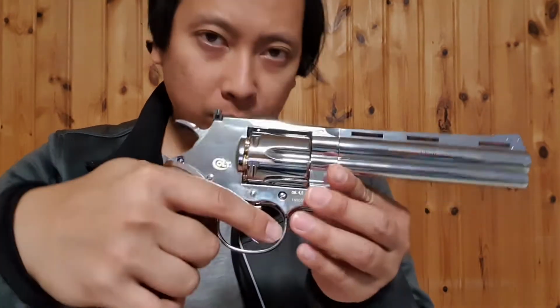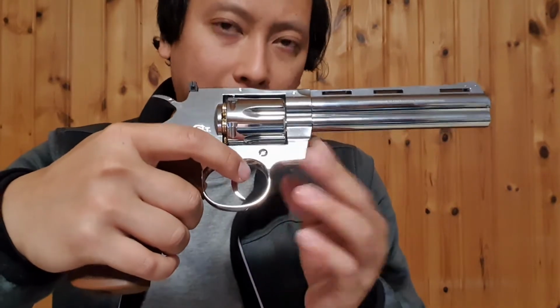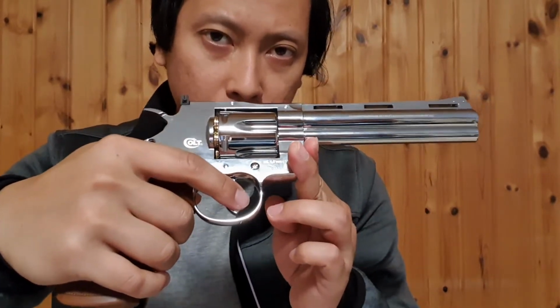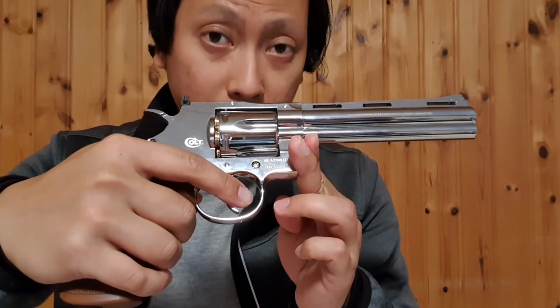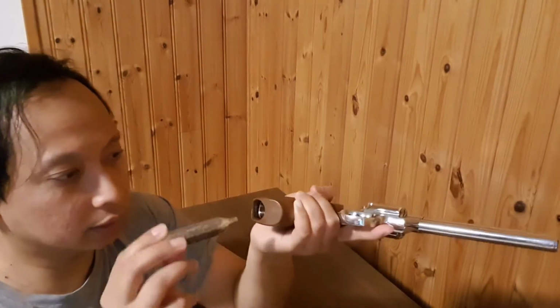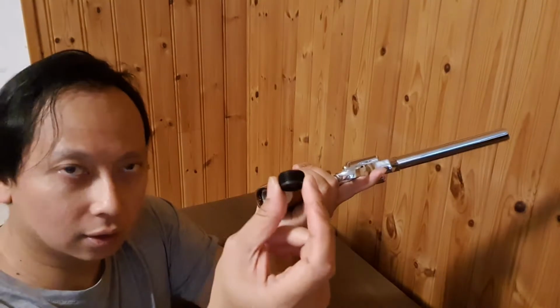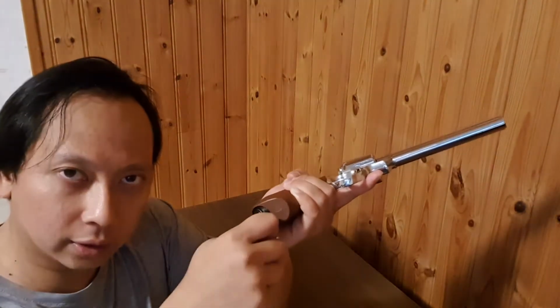Not only that, the trigger as well. Some people who measured it say this one has around 10 pounds of force, so that's also really close to the real Colt Python. This pistol is powered by a CO2 cartridge like this. It is positioned in the grip, and we use this lug to secure it in place and also